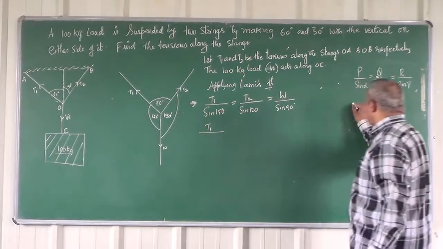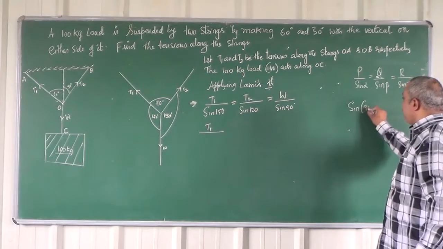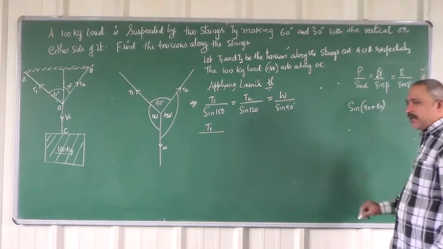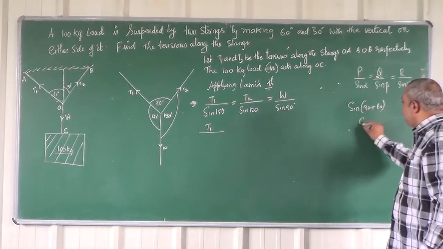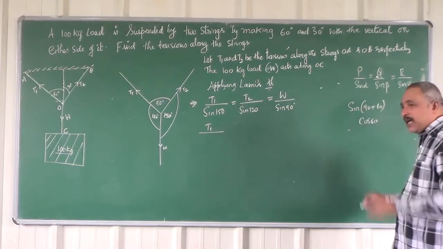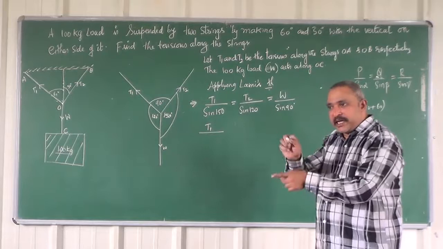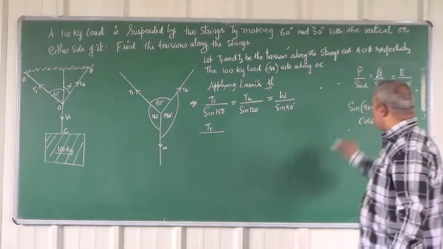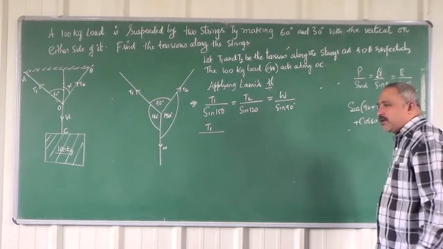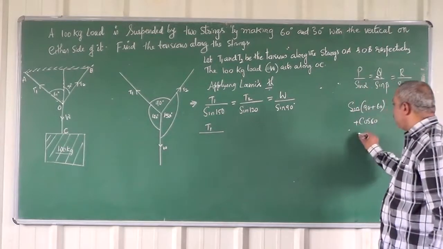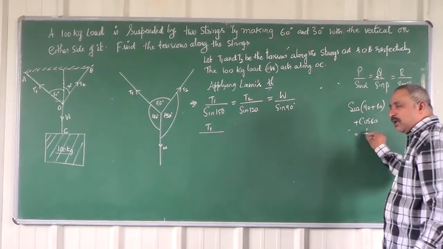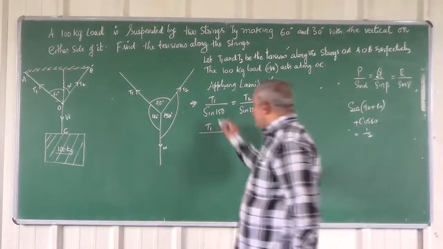Sin 150 is sin of 90 plus 60. Since 90 degree has come, this becomes cos 60. Sin of 90 plus theta is in the second quadrant, where the sine function is positive. So it is equal to the value of cos 60, which is equal to half. So T1 by half